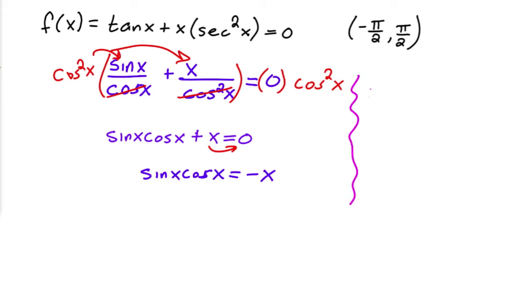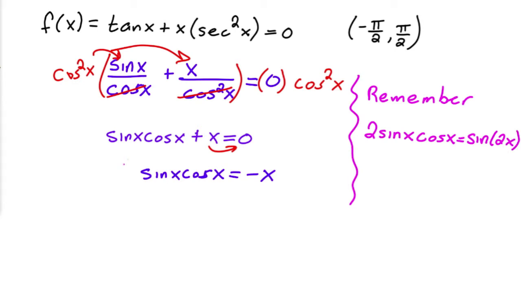But if we remember that 2 sine x cosine of x is an identity equal to sine of 2x, then if you multiply both sides by 2, this is sine of 2x equals